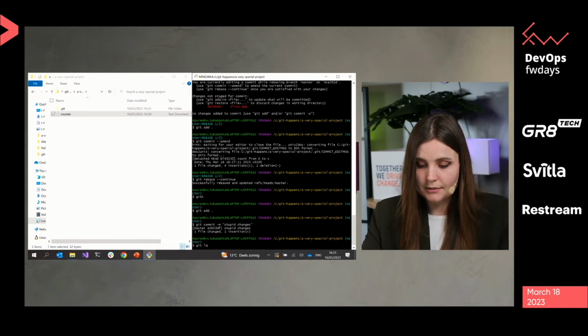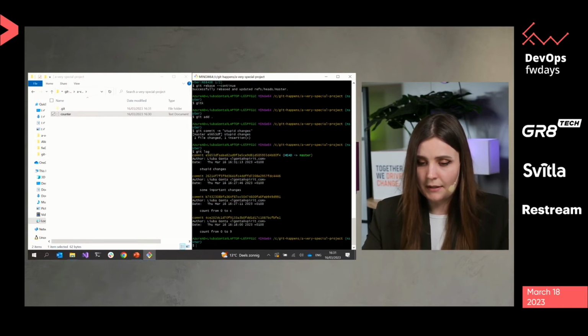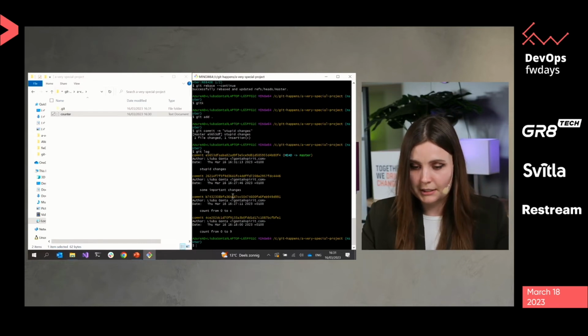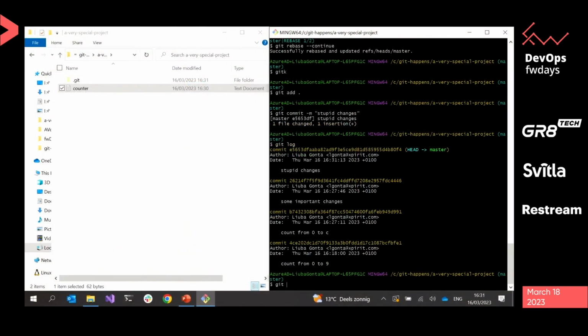If you check the history, you see that there are some stupid changes in your history and you don't want them to be here. All right. In this case, I can use git reset,